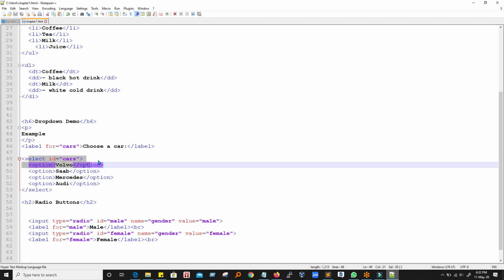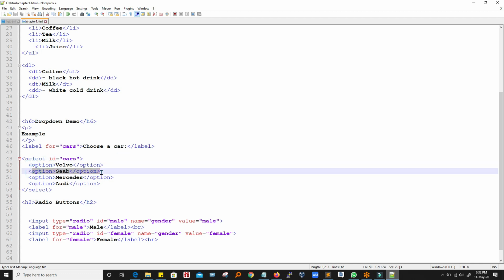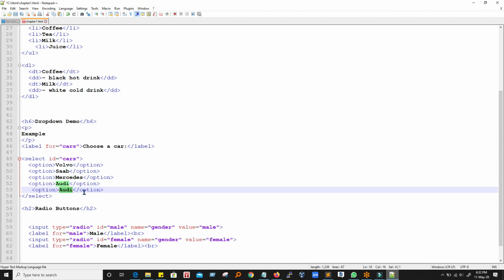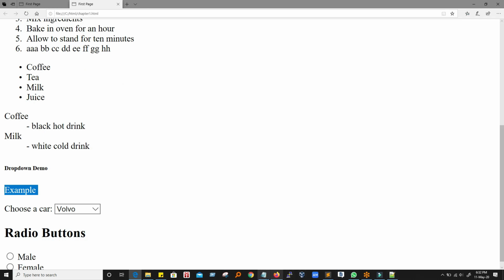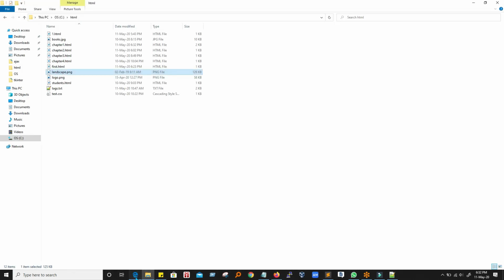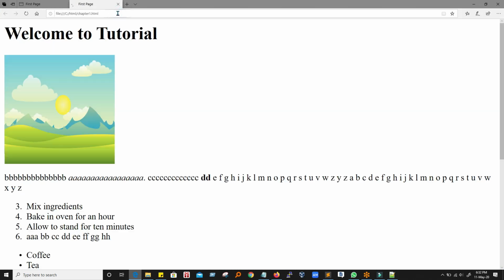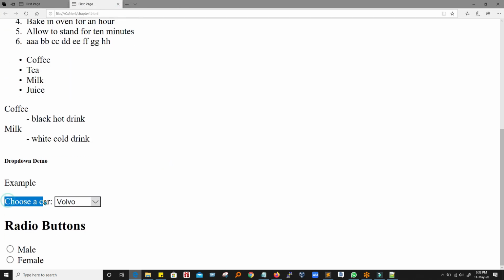So the select is over here, and this is the first option, this is the second option, this is the third option, this is the fourth option. If you want to add one more option over here, we can add it, something like this. We can add a brand over here. So let's see. This is a label over here, and this is a drop down. We can select any of the options from here. And next we have radio buttons. So let's see